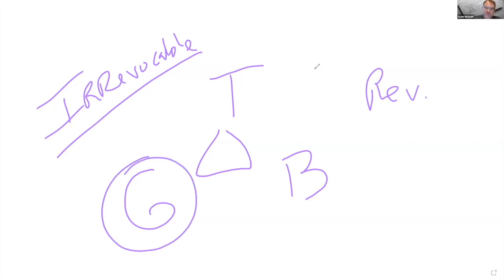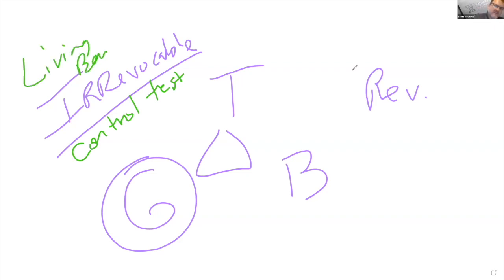He made you the grantor. Now, in an irrevocable trust, the IRS has a little trick they call the control test. The control test says that if it's irrevocable, remember, irrevocable, you have all the tax benefits and asset protection. What we call those living benefits, by the way. And I showed you the PowerPoint. I said these are the 5 living benefits, right?